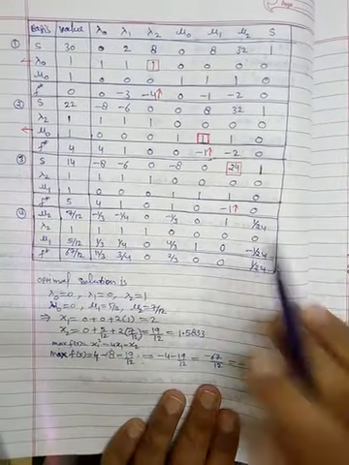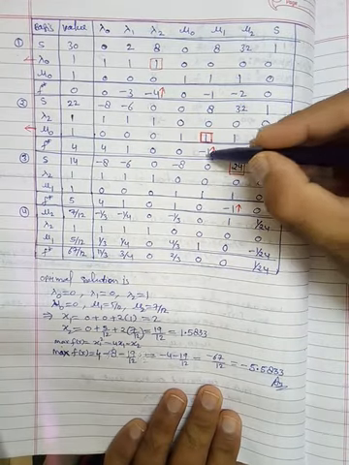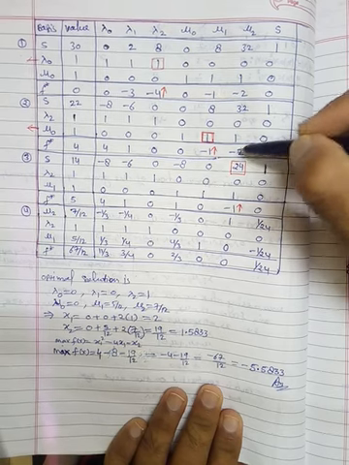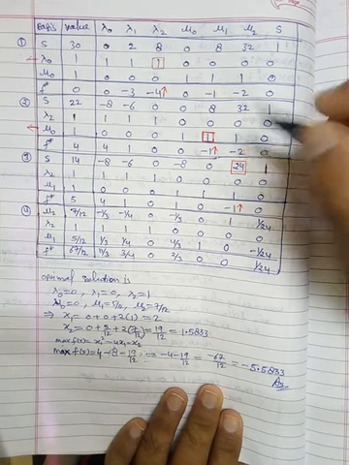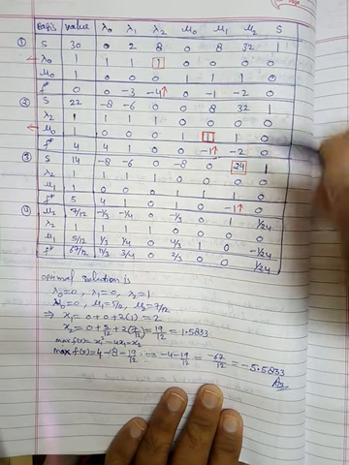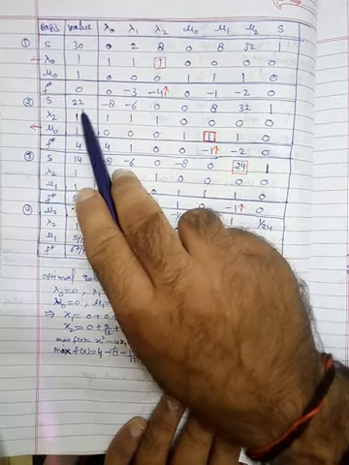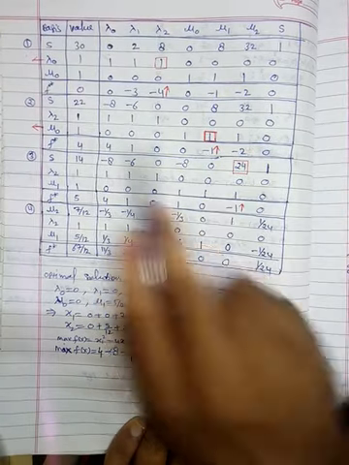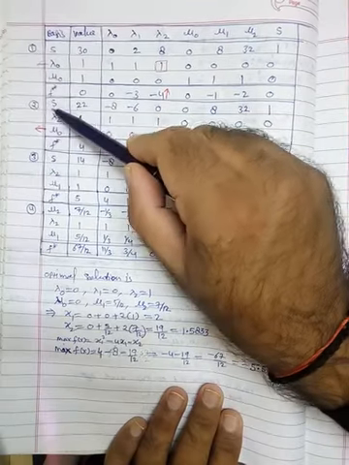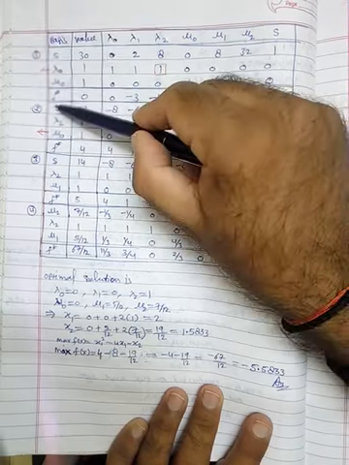Now here in the second iteration you will see -2 and -1, both are negative values. -2 is the most negative one. So if you enter this mu2, then what will happen? When you enter mu2 here, the minimum ratio will be 22 divided by 32 and 1 by 1. So obviously here. So when you enter mu2, there is a problem of adjacency, because mu2 and mu1,